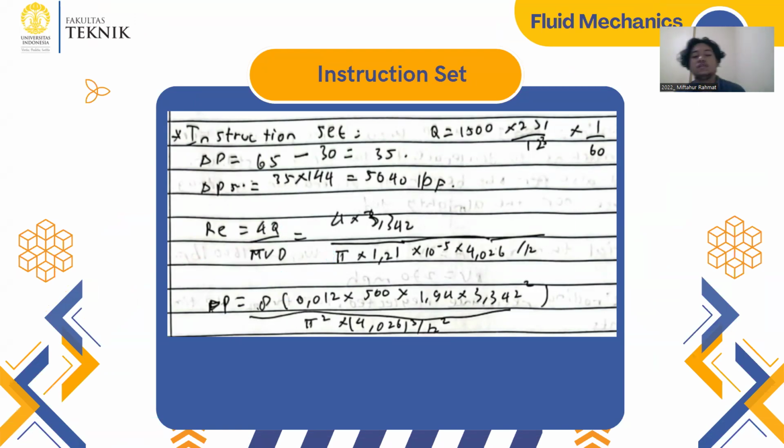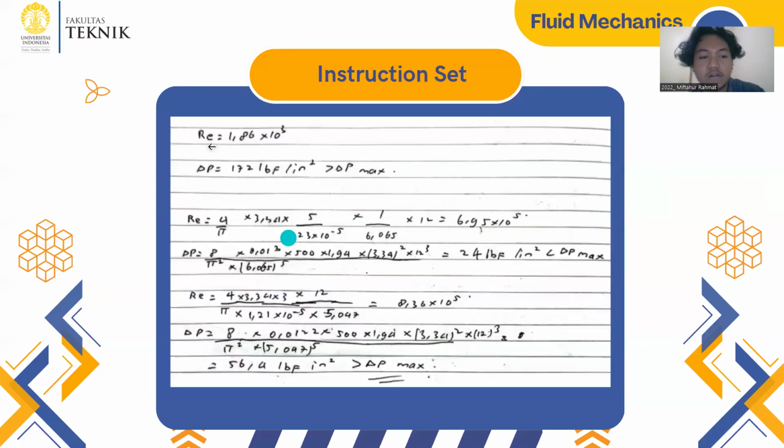So it just makes the debit per area maybe. Okay, for the instruction set we should find the delta P first, and then we must multiply it by 144. And then we should find it, and then we must know the array number after that. For the array number we can get it